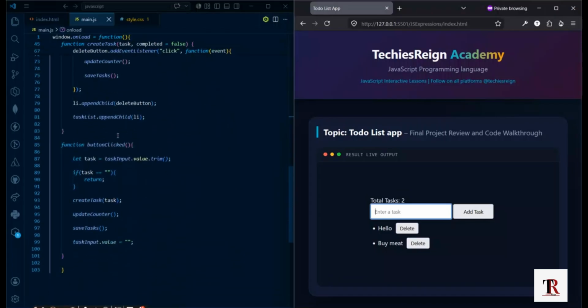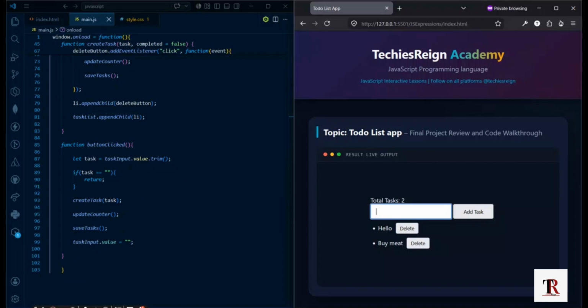So it will remove extra spaces with the string trim function. For example, if I put an empty space and try to add, it will not work. Or if I didn't type anything and I click on add task, that also will not work. So it will check if our input is empty. For example, if it is empty like this,